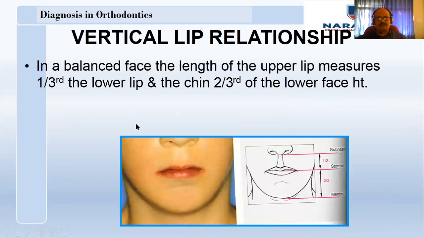So this is again to repeat. How do you know whether it is anatomically short or it is due to potentially incompetent lip? Normally, from the base of the nose, one line is drawn, and the commissure gives the upper lip length. This upper lip length should be one third of the length of the lower half of the face. We know that the lower half of the face is drawn from the subnasale to the point menton. So this upper lip should be one third. If it is less than that, we say that it is anatomically short, and it is due to anatomically incompetent lips.